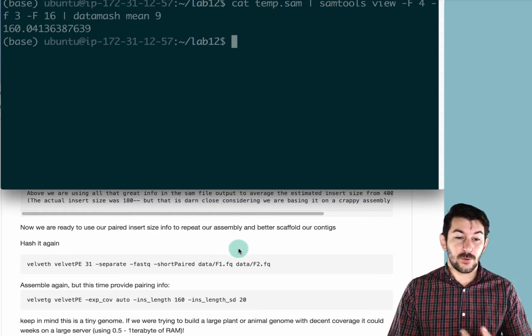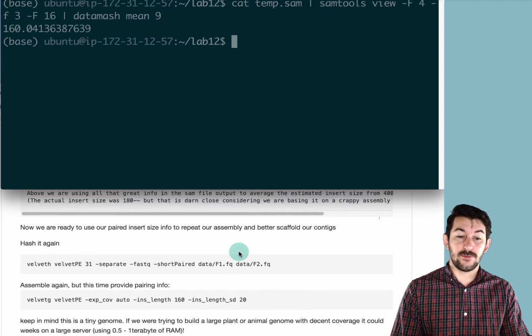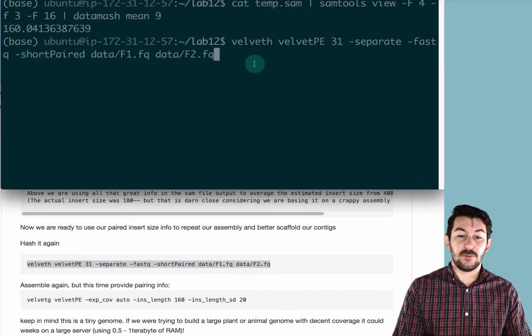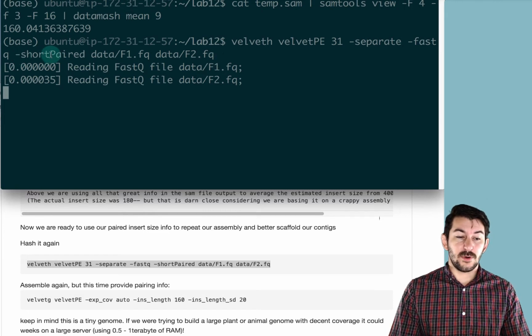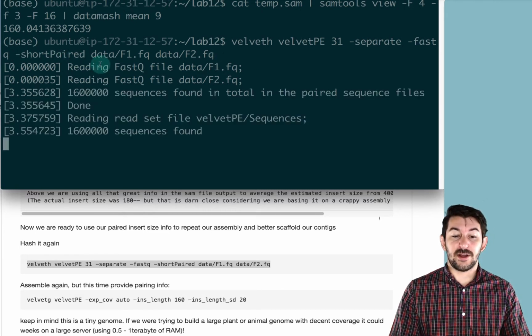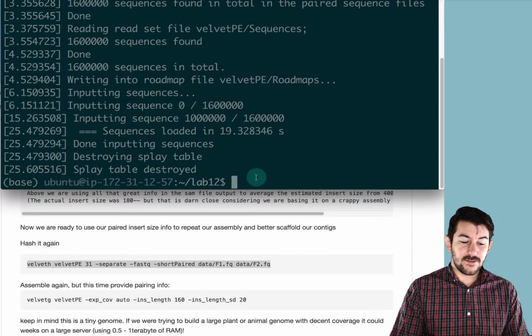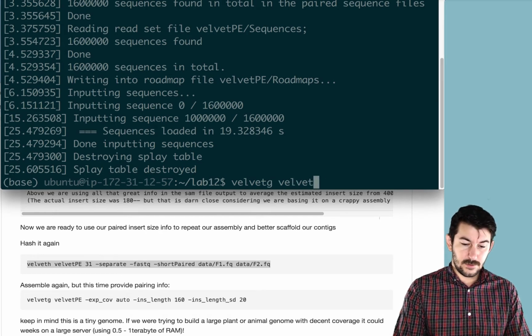So what we're going to do is basically build a new hash map, and then assemble those hashed sequences, but provide more information this time. So here we're going to do the velveth again. This time we're going to call the output velvet PE to signify that it's paired end. And we're also telling it that these sequences are short paired data. Okay, so we're hashing this out. And when it's done, we're going to go ahead and assemble them using velvetg on the velvet paired end